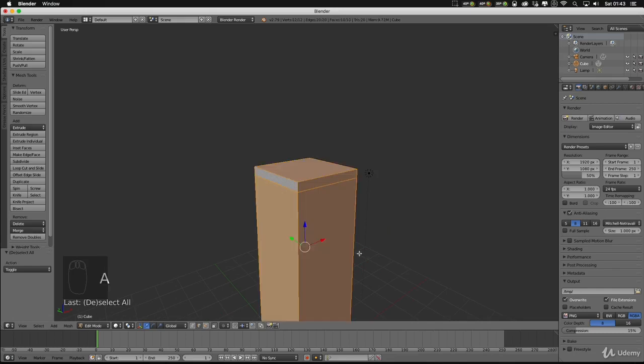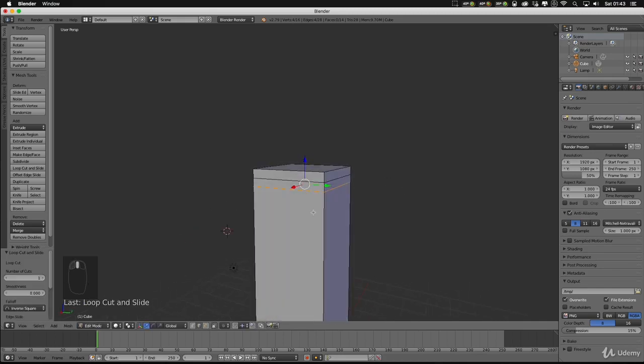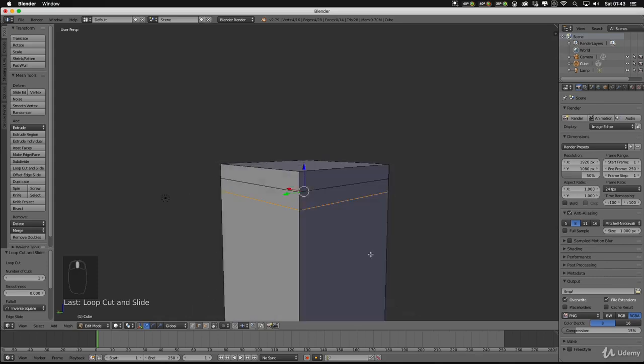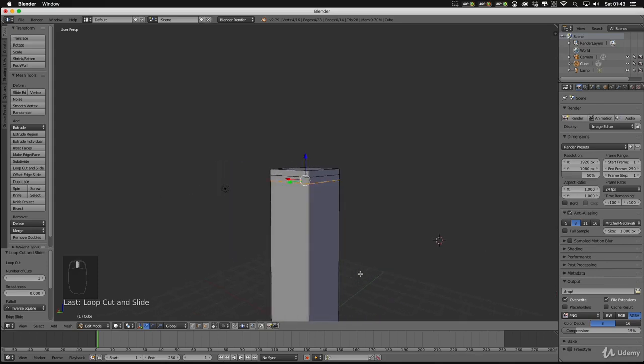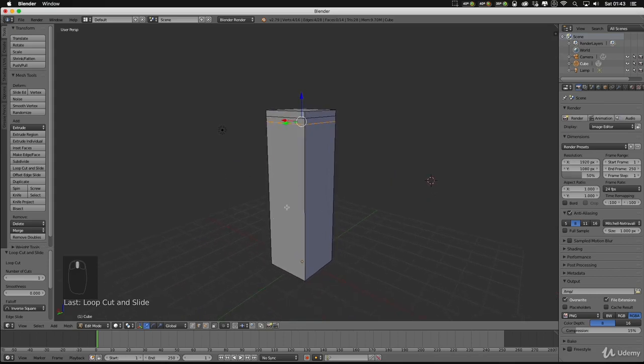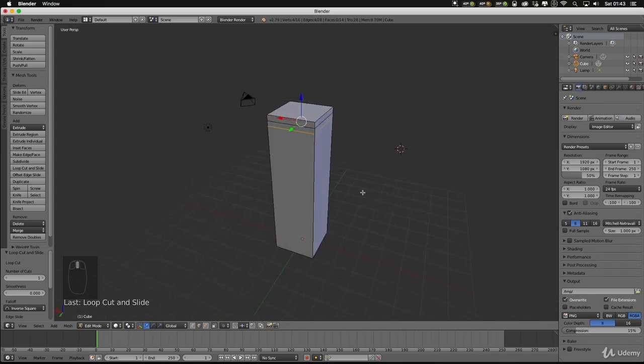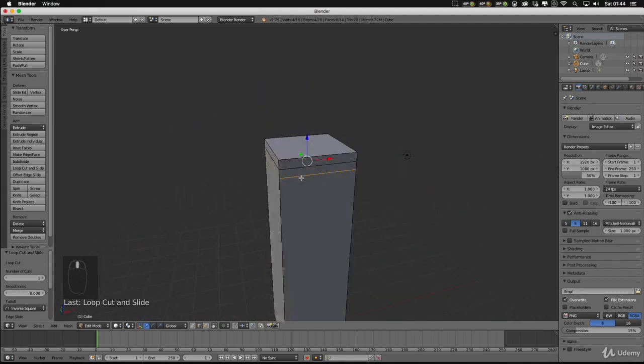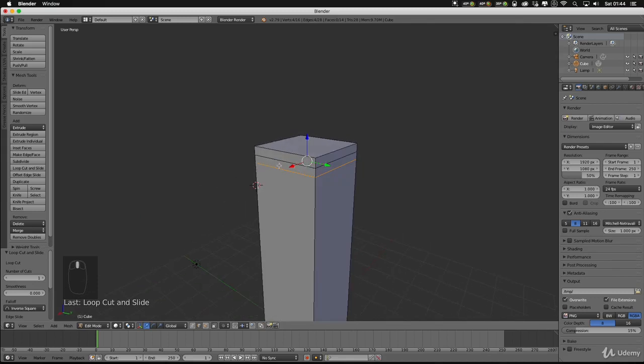So I'm just going to do that one more time. I'm going to select everything, and then I'm going to do Control R. You can see my pink line here, which is great, and then I'm just going to move it up to about there. So now we've got two sections of our model that have been separated from our main cube section at the bottom. Now what I want to do is make this section, this one loop here, and pull that out from our model.